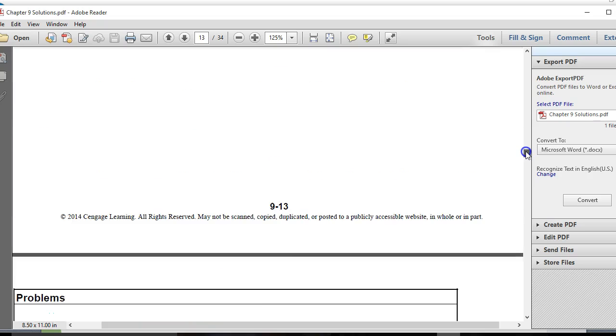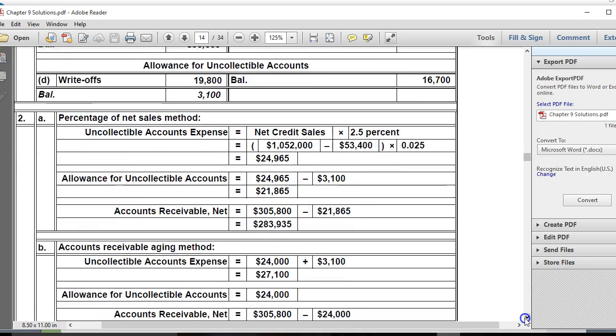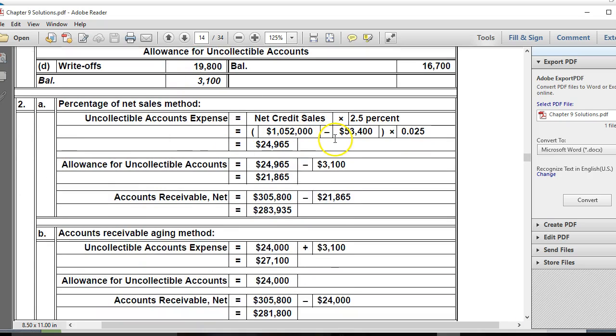And we have to subtract out, sorry guys, what we received back. We had credit sales of $1,052,000, but we had $53,400 that got returned to us. So our credit sales on collectibles will be on the difference. The $1,052,000 minus our returns of $53,400 times 2.5% gives us